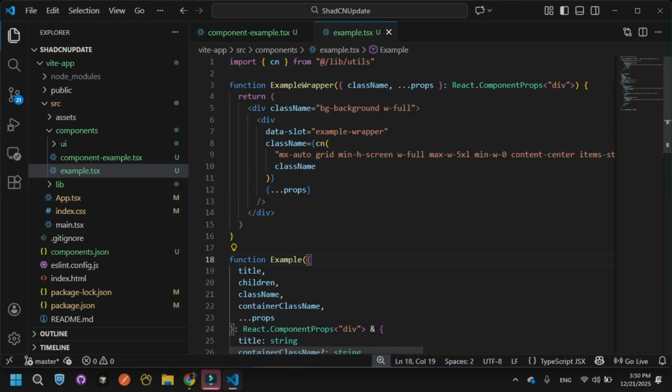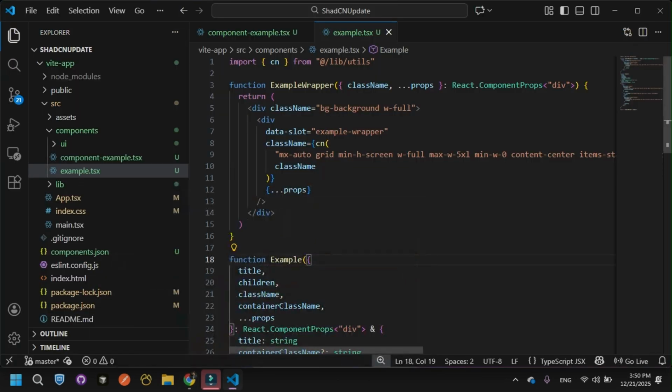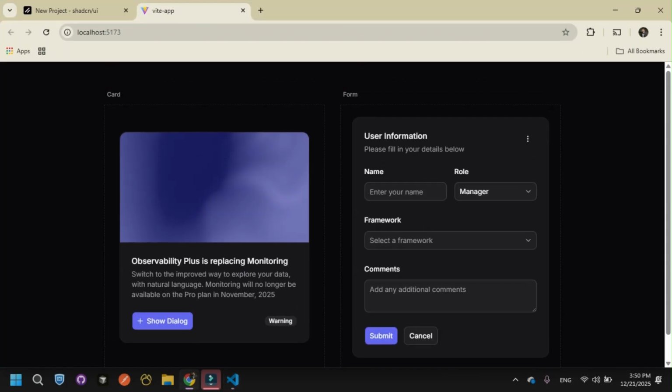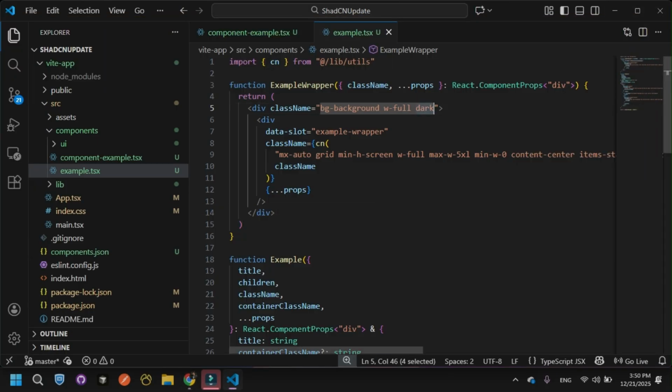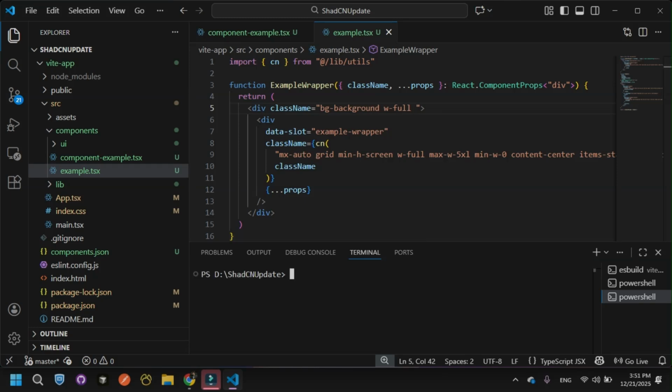Okay, so now I go to the browser, and it is showing me the light theme. So you can change and do any customization in the project as well. So I pass dark here in the example.tsx file, and go to the browser. And now you can see it makes the whole page dark. So you can change it according to your own choice as well. And this is the main configured file, and if you want to add any components to it, you can do that as well. So I navigate to the project using cd